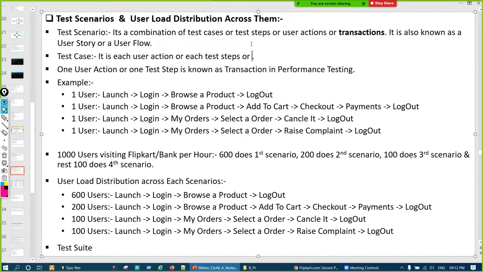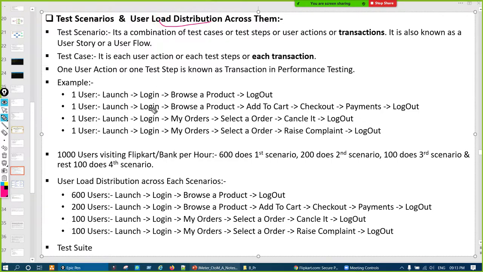I'm highlighting transaction in black, bold color, because generally we use the word transaction in performance testing. So one user action or one test step is known as a transaction in performance testing.